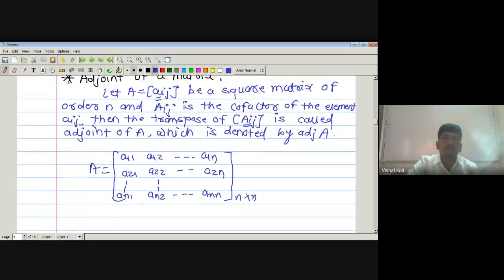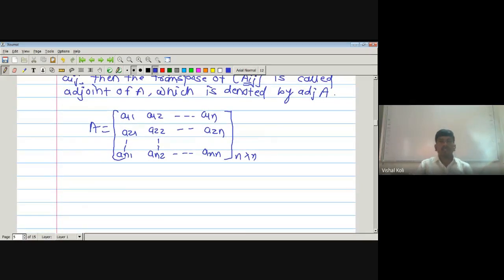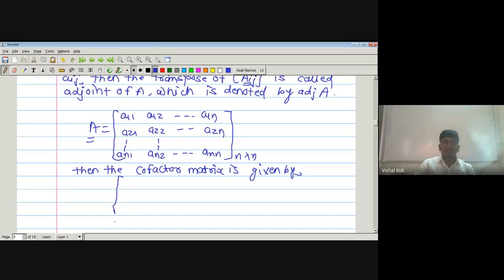Now, if we have to find the adjoint of that matrix A, first we have to find the cofactors of each element of the given matrix, and construct one matrix from these cofactors. Then the cofactor matrix is given by,